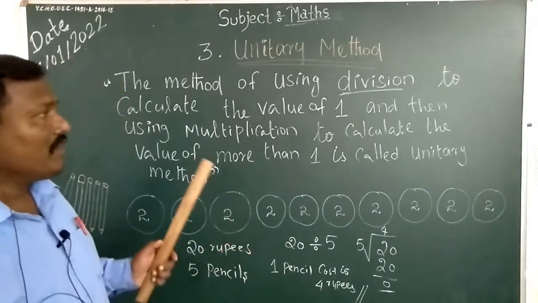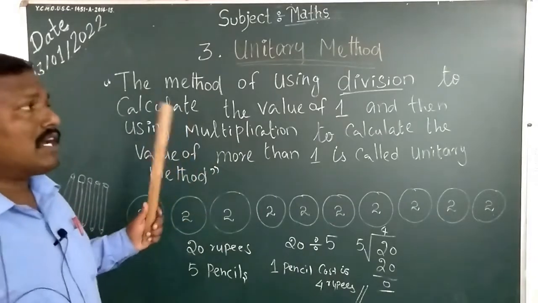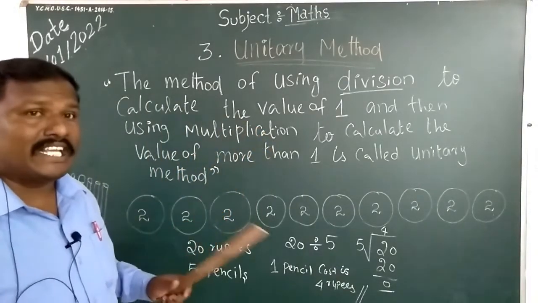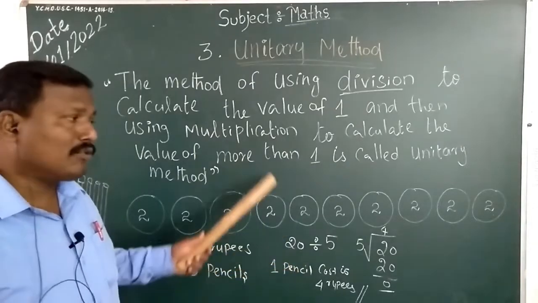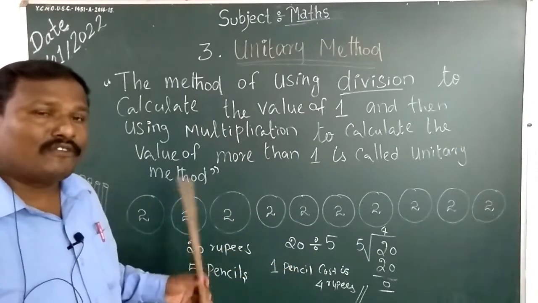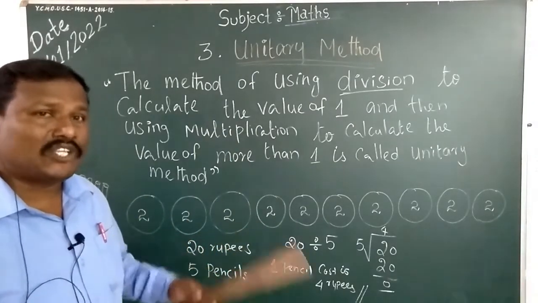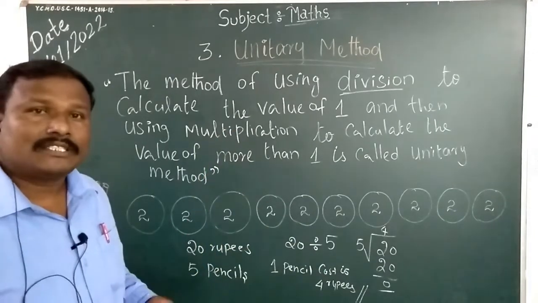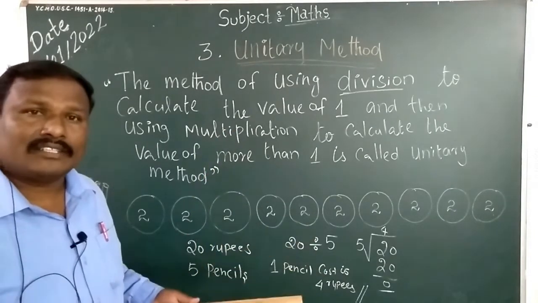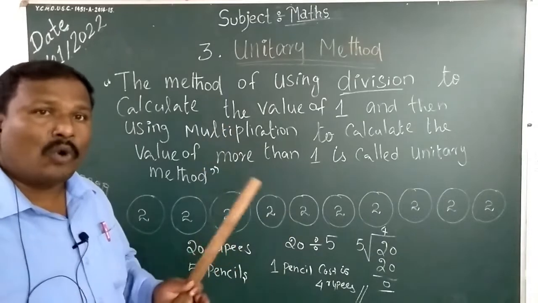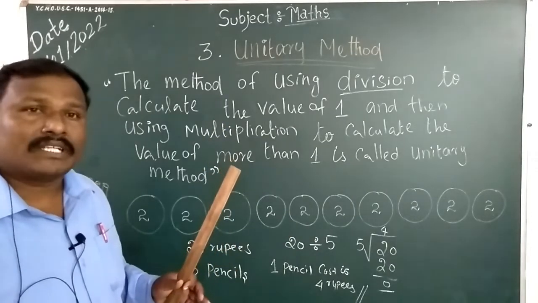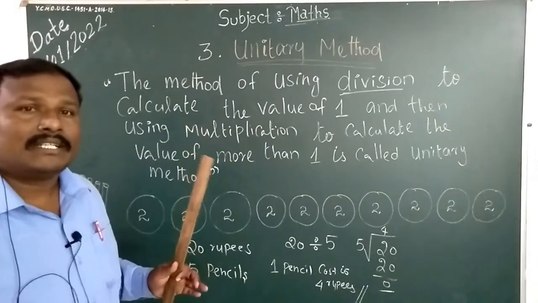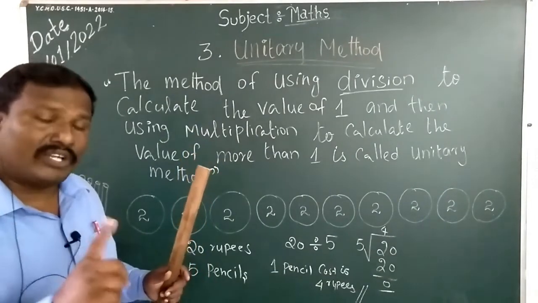So this is the way we can calculate the value of one thing. Now, I told you about the pencil. Suppose you go to a shop to purchase chocolate or a shirt. Suppose you purchase 10 shirts, and the shopkeeper says the cost of 10 shirts is 1,200 or 1,300. Then how will you calculate the cost of 1 shirt?